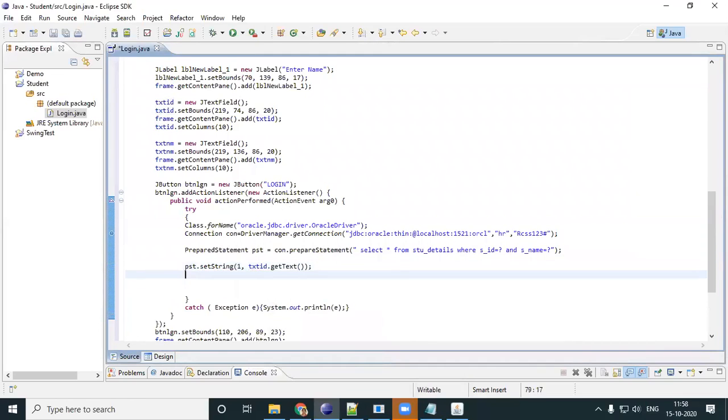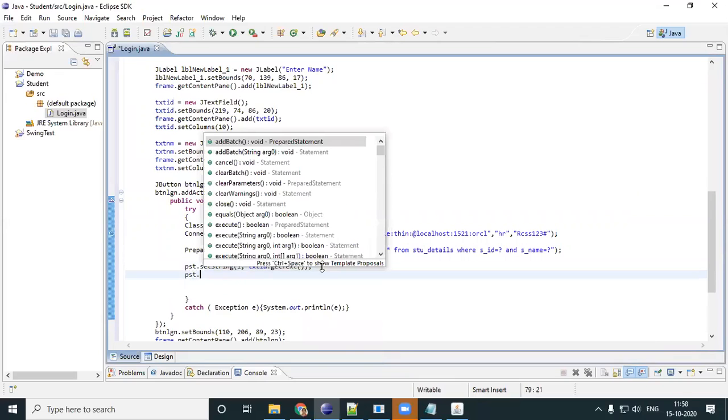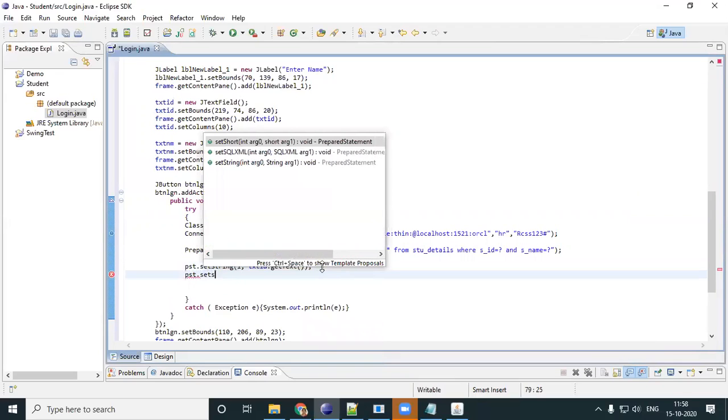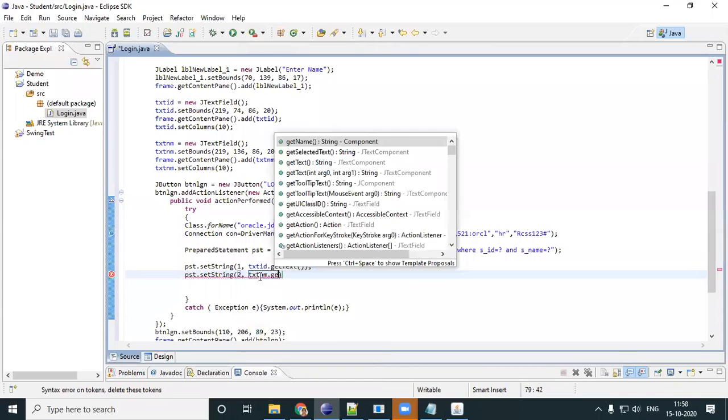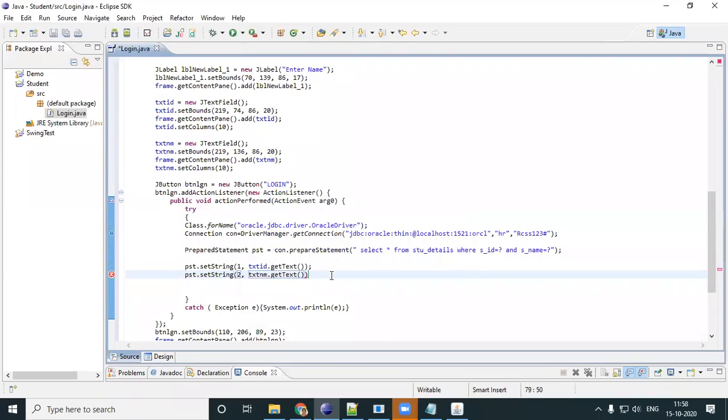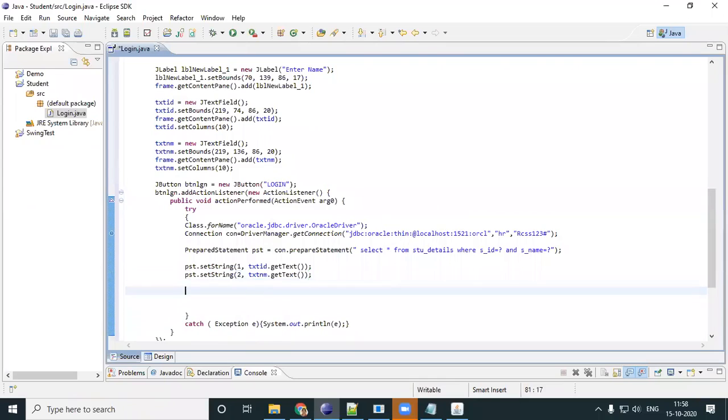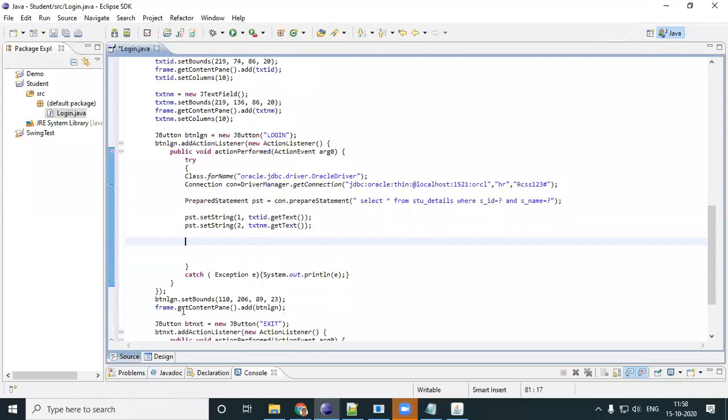And my second argument is set string, txt nm dot get text. Okay, so I've got both values from my form. Text ID dot get text and text name dot get text.